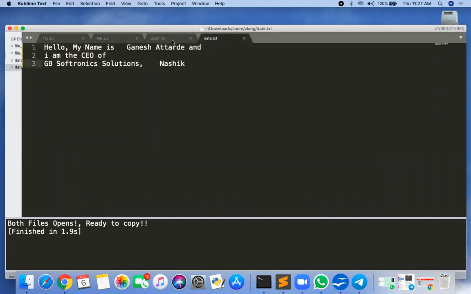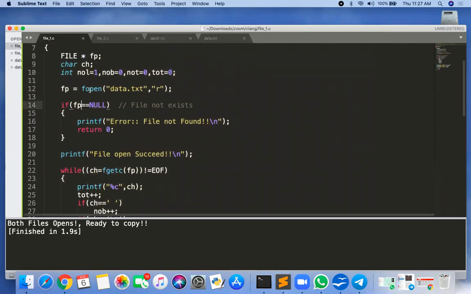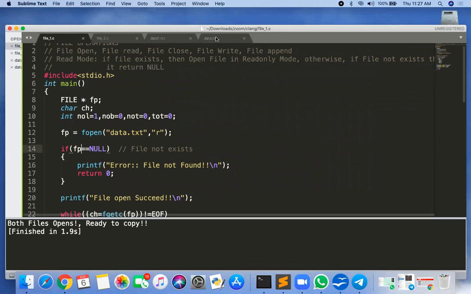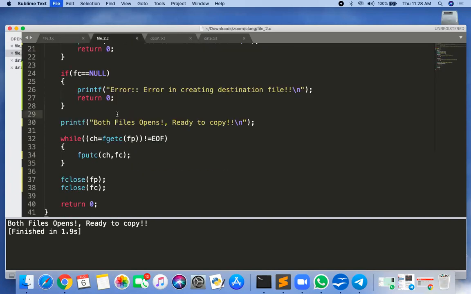Getting the point? Here a new file is created. Now you can see I am modifying some content here. Suppose, this is online C programming class. But data1.txt is this one only, and I am running the program.